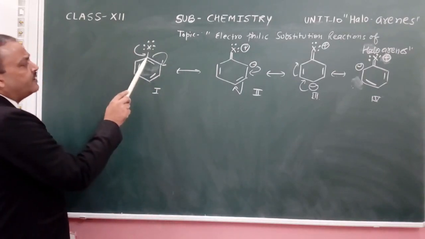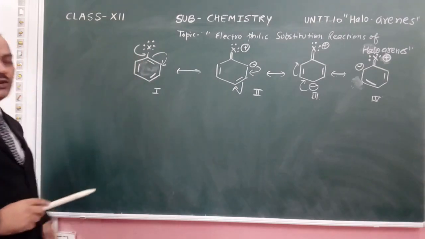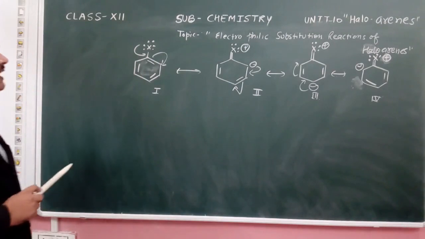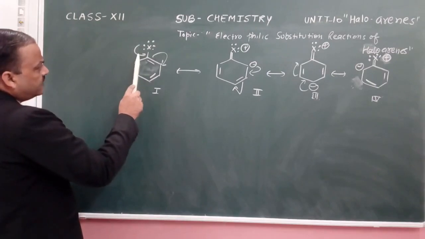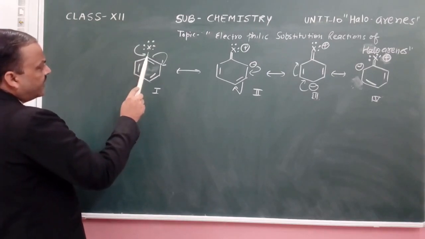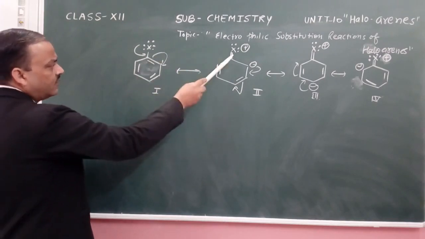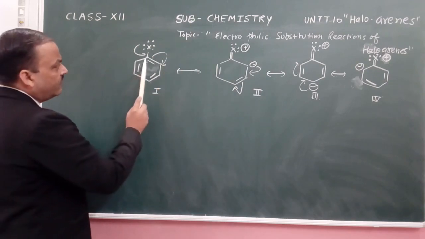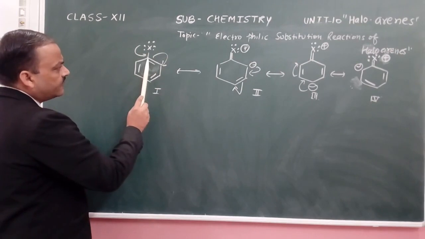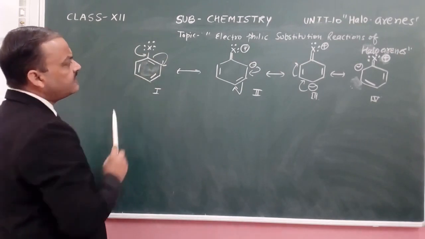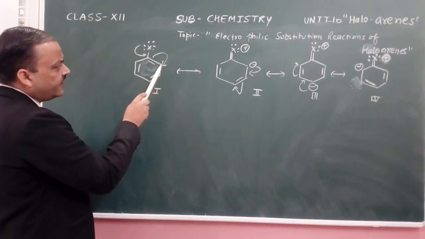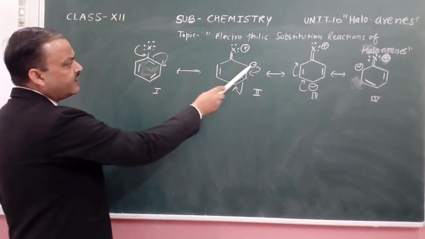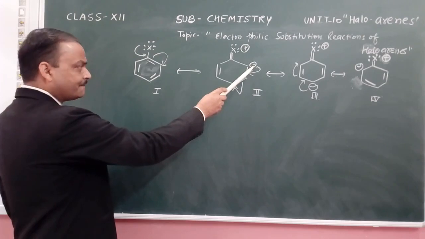is attached to this carbon, which is sp2 hybridized because the double bond is present. Now what happens when the lone pair of electrons transfers from this atom to this carbon atom? This single bond is converted into a double bond. Due to this, the valency of carbon gets disturbed. To balance this, the double bond electrons from this atom are transferred to the nearest carbon atom in the form of a negative charge. So a negative charge comes there.